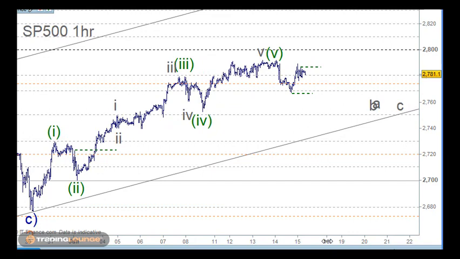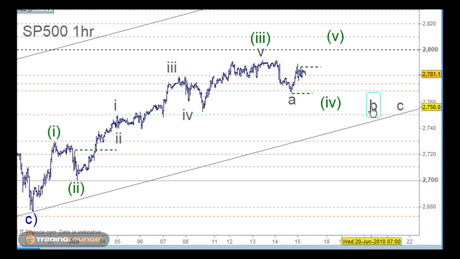Now, I also have a slight variation on this particular count as well. So I'll just do it here. We can look at wave 1 and 2 here, and then instead of going up for 3 here, this changes a little bit. It may not occur, but we'll need a strategy for it anyway. And then this one over here will be an A wave, a B wave here, and a C wave moving down here. If we're looking for a wave 4 here, then we'd be looking for the 38.2% retracement level,